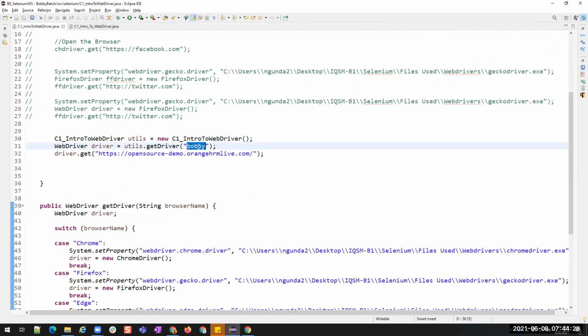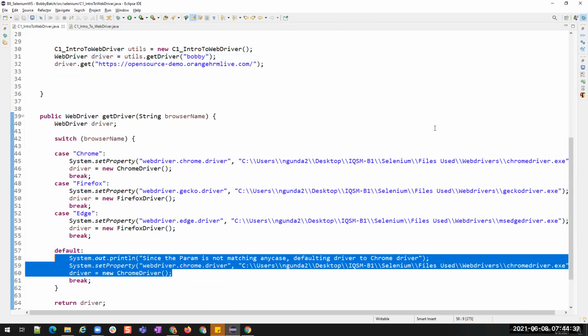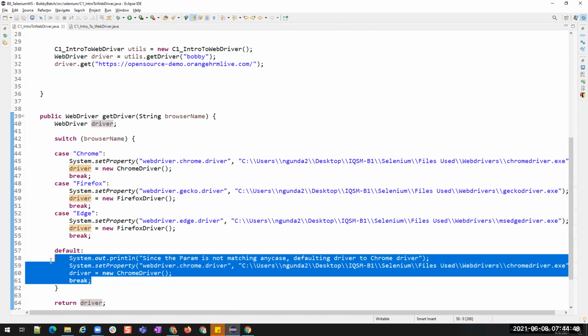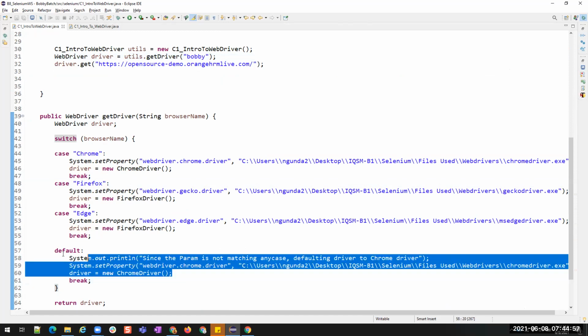So whatever text I give that is not matching any of the cases, it is defaulting the browser to Chrome driver. Or if you don't want, you can assign the driver value as null. Okay, it's up to us how you want to deal with this default. If you want to open a default browser, you can set any of the browsers as default, not only Chrome. If you like Firefox, you can default it to Firefox. If you like Edge, you can default it to Edge. If you like Internet Explorer, you can default it to Internet Explorer. It's up to you.